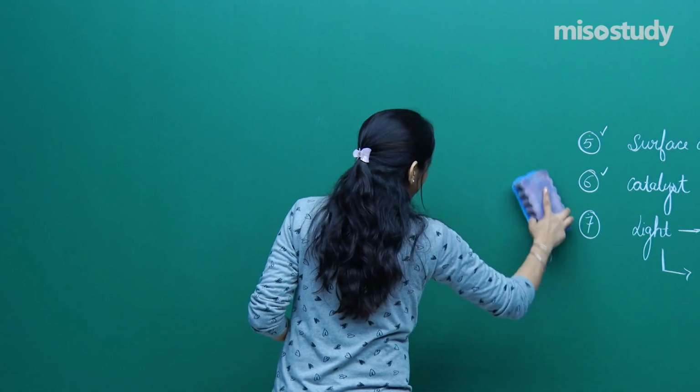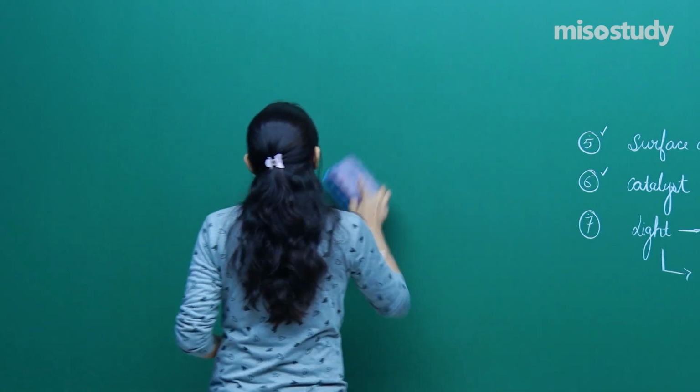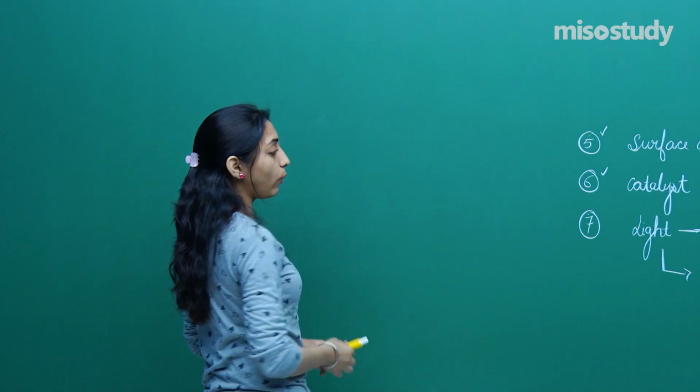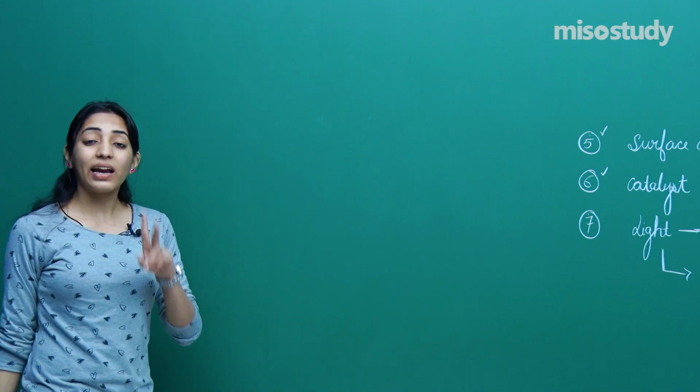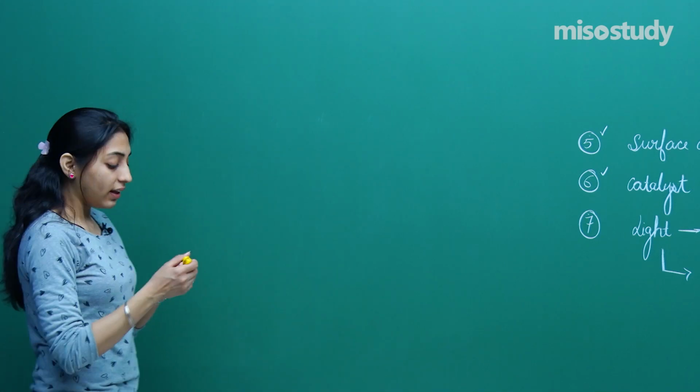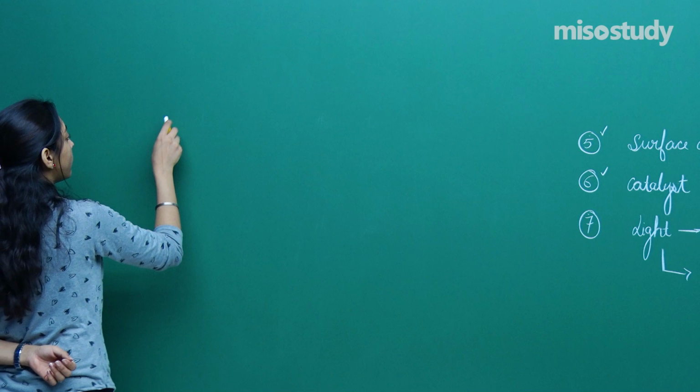So I will say the rate of any photochemical reaction can be influenced by light, right? And light has got two characteristics. So I can simply say that